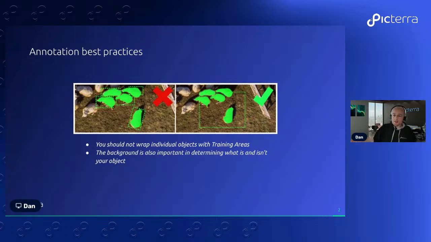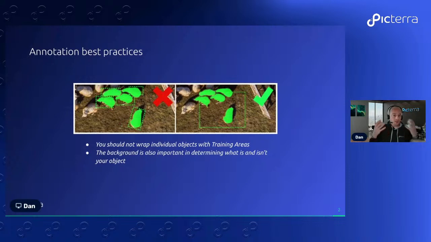So when you're building a custom model, when you're wanting to build a detector to detect your object of interest from satellite, from drone, or other aerial imagery, there are a few things you should be doing when annotating to ensure that you're going to build an accurate model. Now, we're going to use a few examples here to show you what some of these best practices should be. We're using the example of sheep in these screenshots. So you can see that we're actually trying to train the model to detect sheep over a large area. And you can see that little green dotted box is our training area. And the little green blobs you see in the picture here are the sheep that we have annotated within those